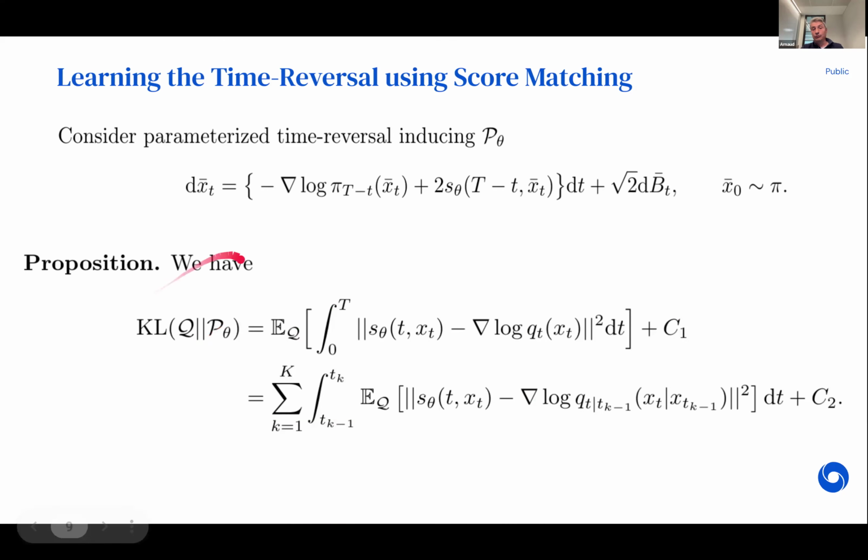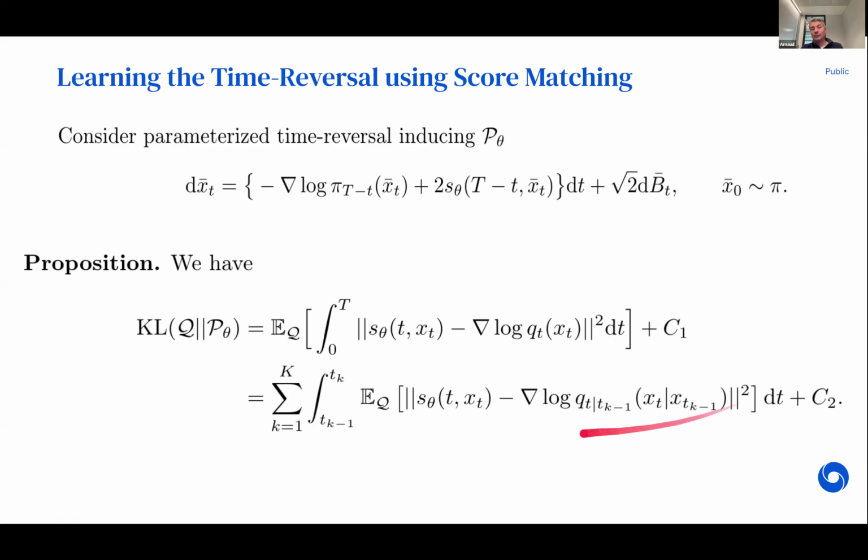If you do that, we use the Kullback-Leibler divergence between those two distributions on path space. It turns out that it's equivalent to minimizing the expectation of the integral over time of the squared difference between my parametric approximation of the score and the score. But that's not really useful, because we don't have access to the intractable score to start with. So I cannot even evaluate unbiasedly this objective or its gradient, and I cannot do much with that.